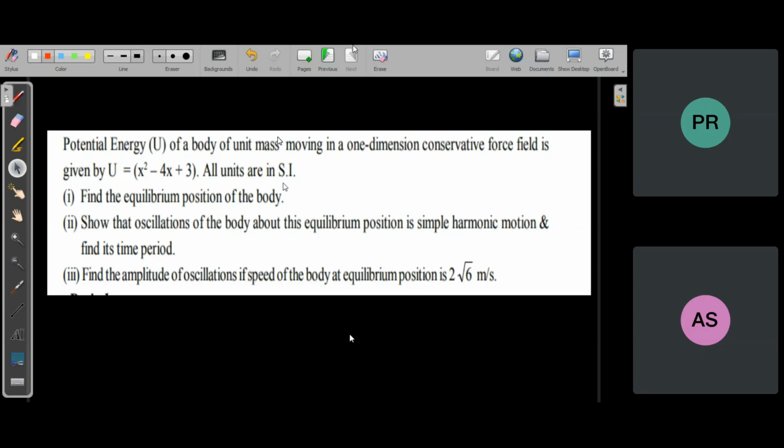Your equilibrium position is 2 meters. So equilibrium is 2, that is correct. The time period is root 2 pi. One minute. Time period is